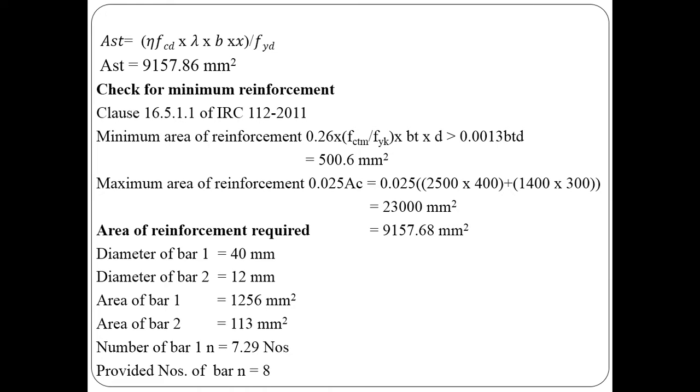To find the area of steel, using this formula, AST is 9157.86 mm square. Then check for minimum and maximum reinforcement. The calculated area of reinforcement is between the minimum and maximum reinforcement, hence provide 9157.86 mm square, and then calculate the number of bars. Using 40 mm dia bars, hence provide 8 number of 40 mm dia bars of main